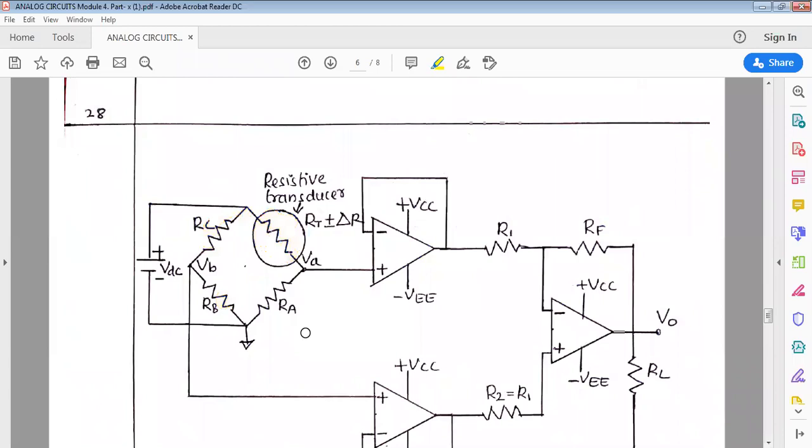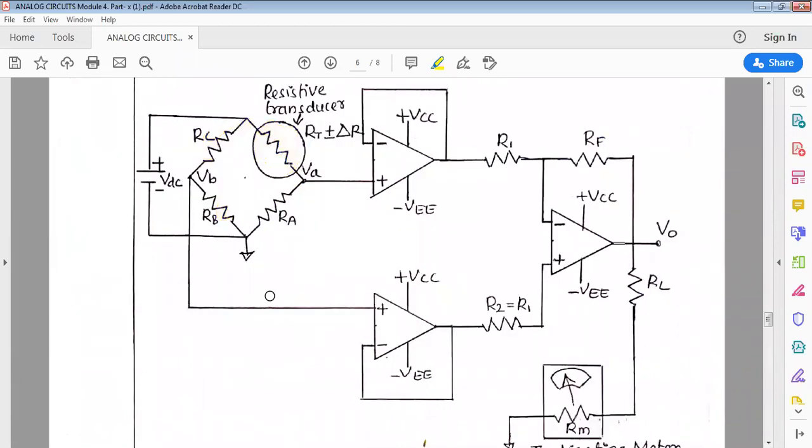Now, let us consider this circuit diagram. What different parts do we have here? There is a DC supply VDC that is connected to this terminal and this terminal of the bridge. And I'm taking the output from this from